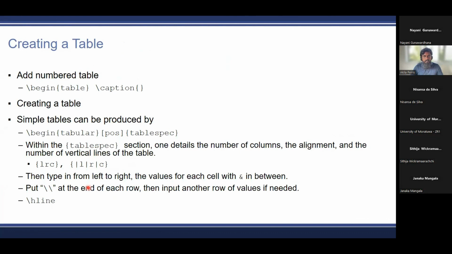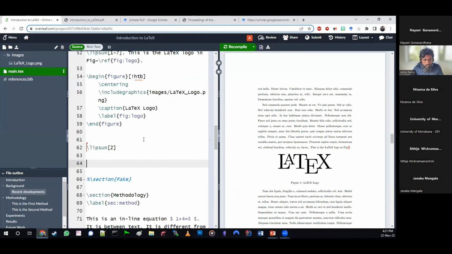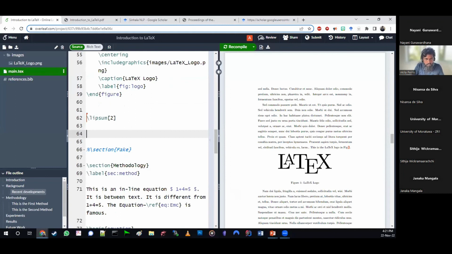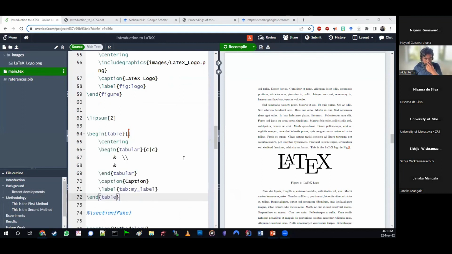Tables are created in the same way. Mr. Akila, can you create a table over here on line 64? All right. So as you can see, just like when I was typing figure, he just typed table, begin table, and it just appeared.